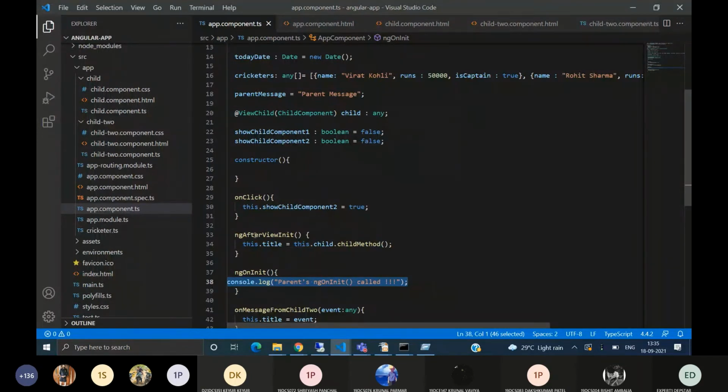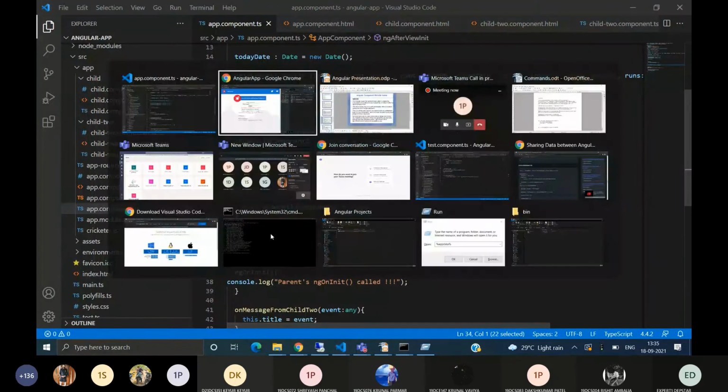For this case, we use ngAfterViewInit. That is why, in the second method, when we pass data from child to parent, we use this.child to assign to the title of the parent in ngAfterViewInit, because this method is called after all the children of the parent have been invoked.